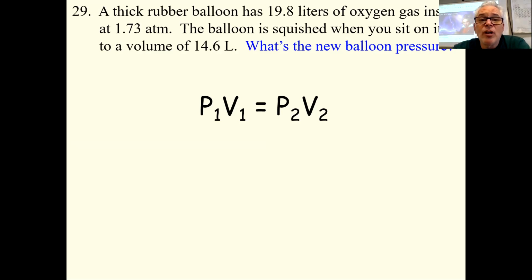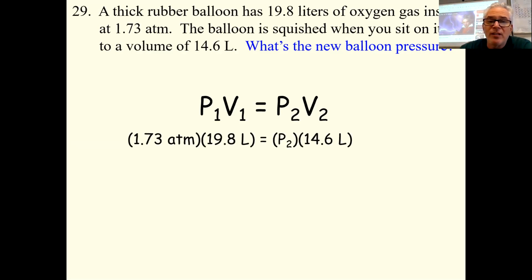So what is the original pressure? 1.73 atmospheres. What's the original volume? 19.8 liters. What is the new pressure? That's the unknown. That's the question in blue. That's what we're looking for. The new volume goes down to 14.6. So we plug the numbers in like this,